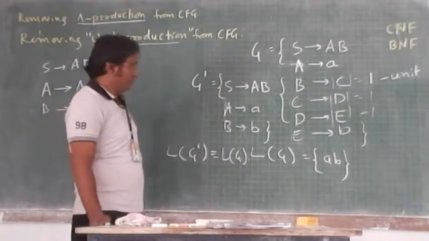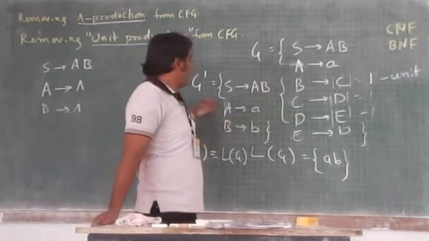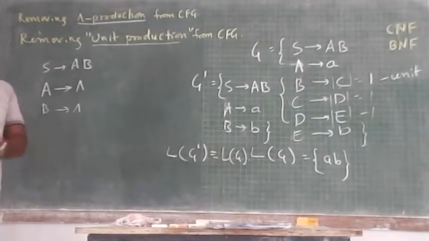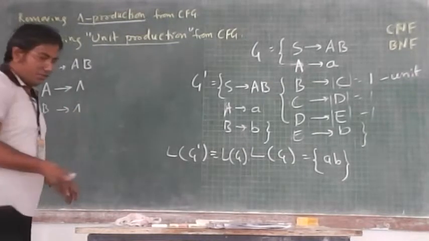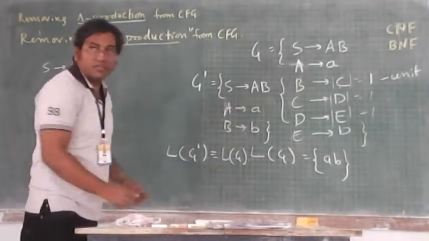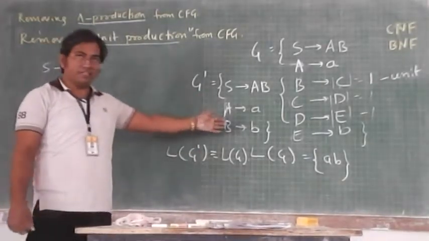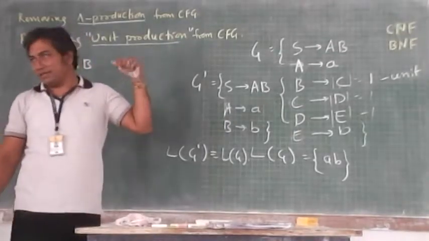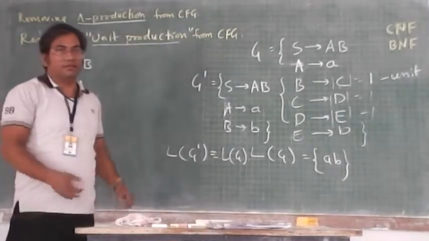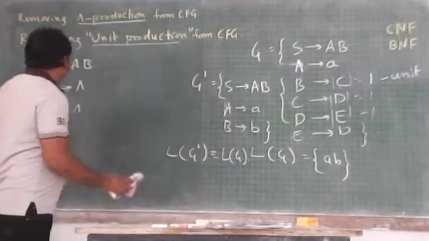In your examination, the question will be given like this, and you have to come up with the answer like this. Within a step, you can come to the answer. But we need to develop a formal method, and that method should give us the solution. Once this example is understood, it becomes very easy to understand the general method to reduce the grammar. Shall we go for it?